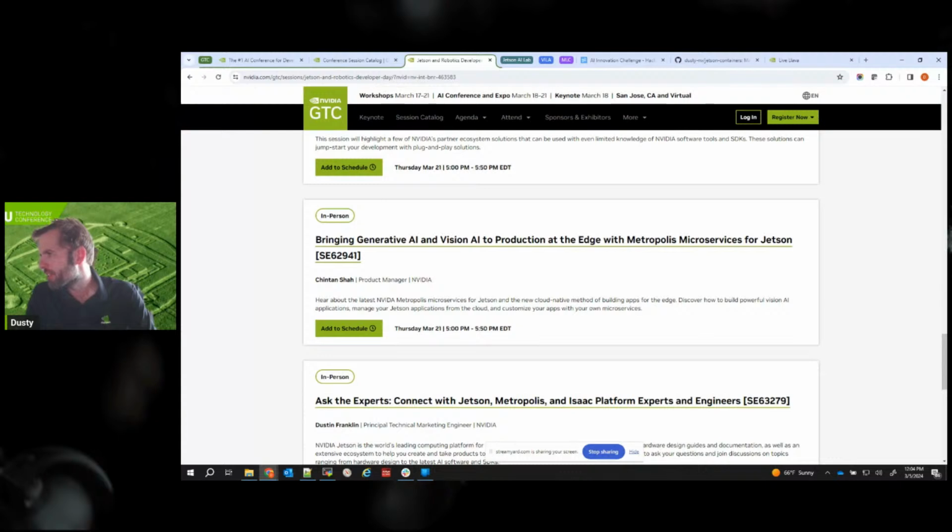So here's a good question. I have a 2018 AGX Xavier coming in the mail in 2 days. Is that too old for running LLMs? And the answer is no, it is absolutely not. And as we'll see here, there's many ways to run LLMs. If you're fine with normal performance,